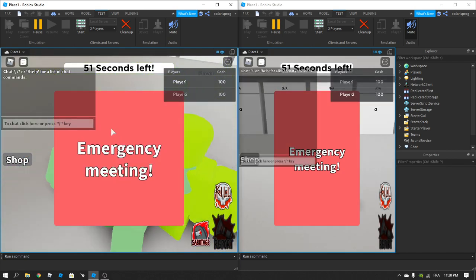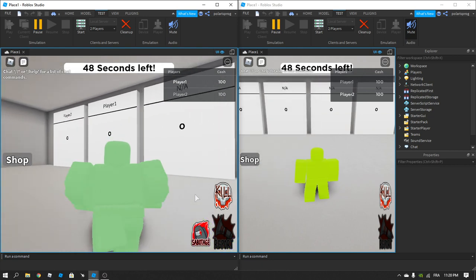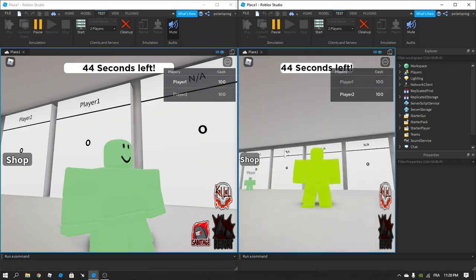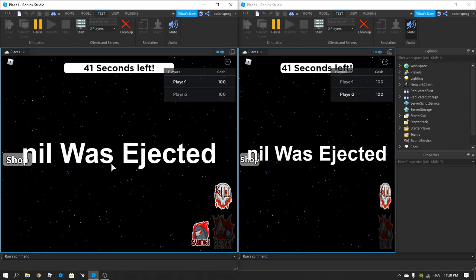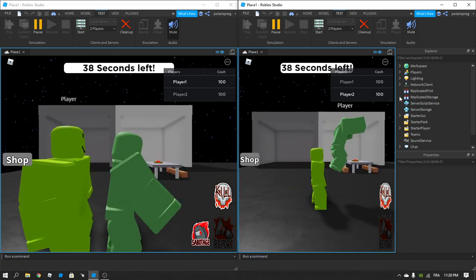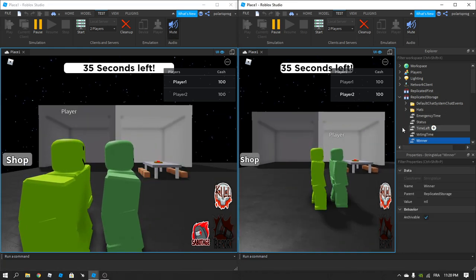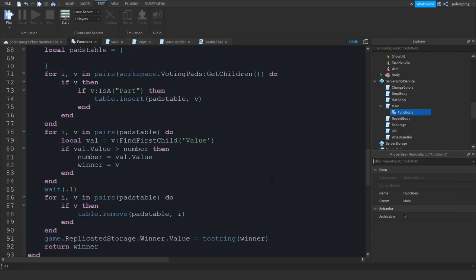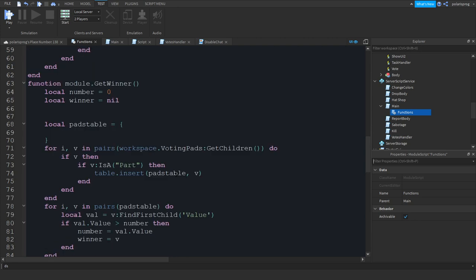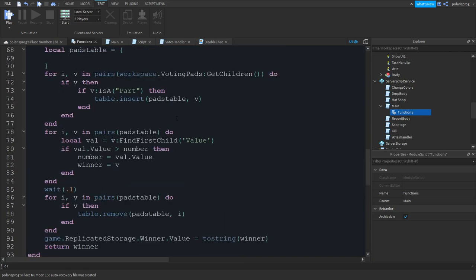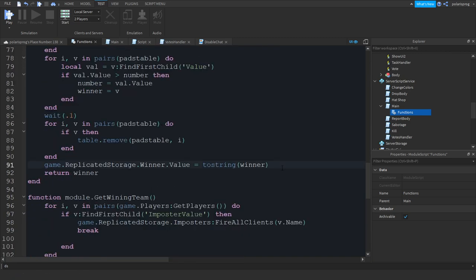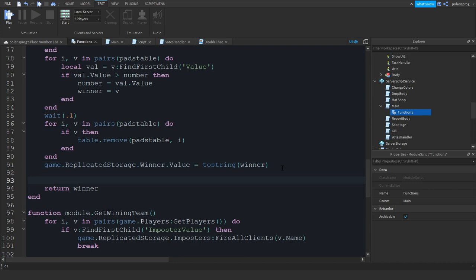Let's call an emergency meeting and vote for no, but let's just not vote for anybody. Just not vote for someone. And it still says Neil was ejected. I don't know why it said Neil, but I think, yeah, it's definitely because of this script. By the way, I'm on the functions module. Change this to nobody, and I think we just have now to